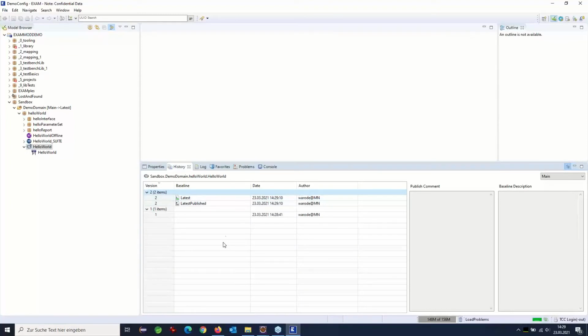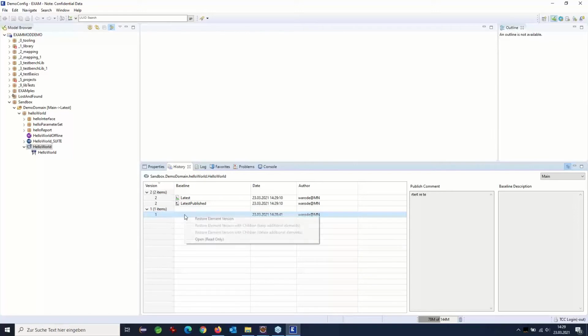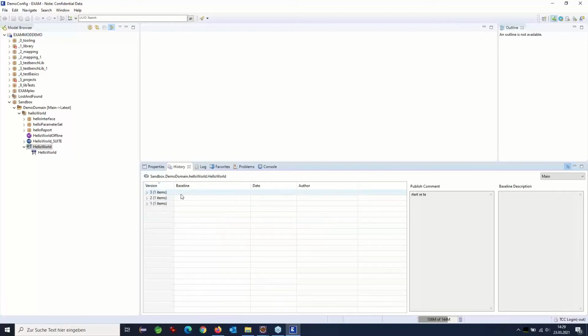So what you can see here now, I've published my modifications. The version 2 that we created before by our modification is now also in the latest published version. Version 1 is not contained in any baseline right now, or any latest or latest published picker, but it's still there. So if you think you need something from that version, you could just right click on the version and say, okay, I want to restore that element version, which basically will create a new version, version 3,